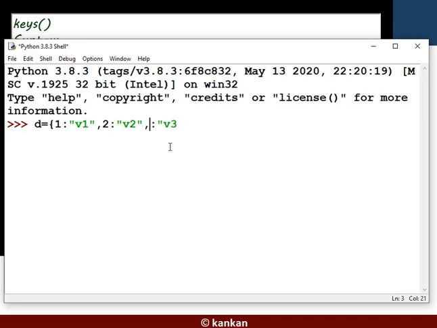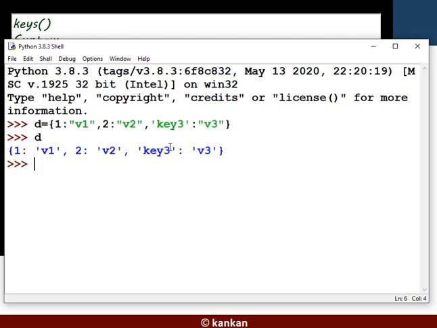Suppose I would like to change the value of key 3. So this is my object. These are all the values corresponding to the keys. Key 1's value is V1, key 2's value is V2, and corresponding to key 3 the value is V3.